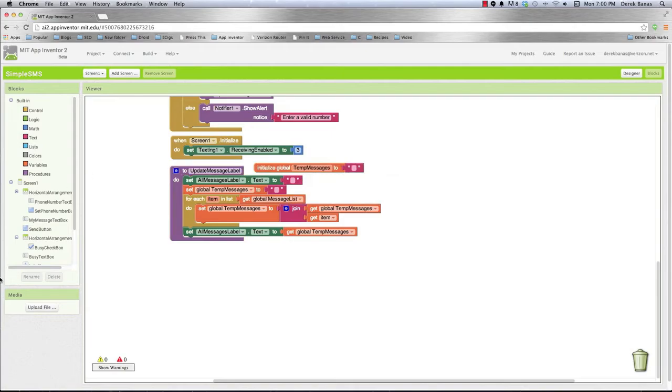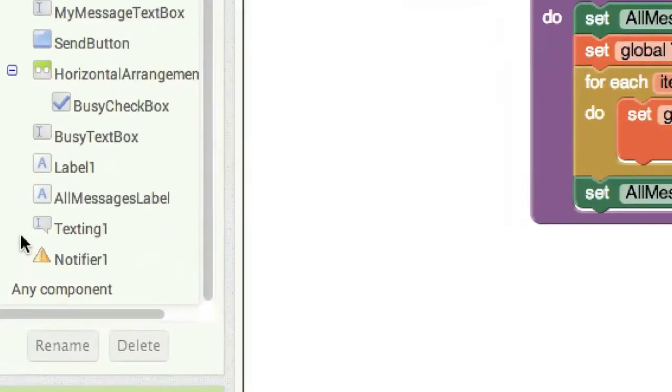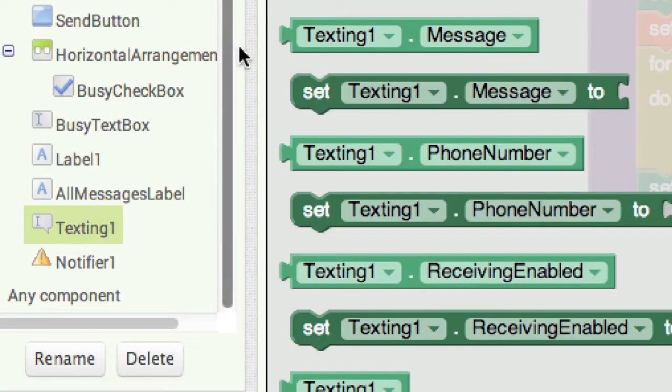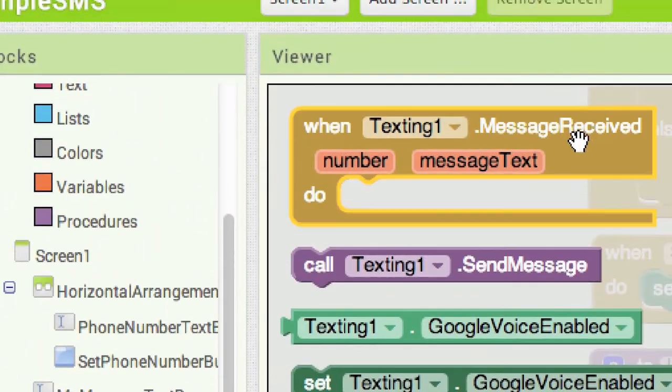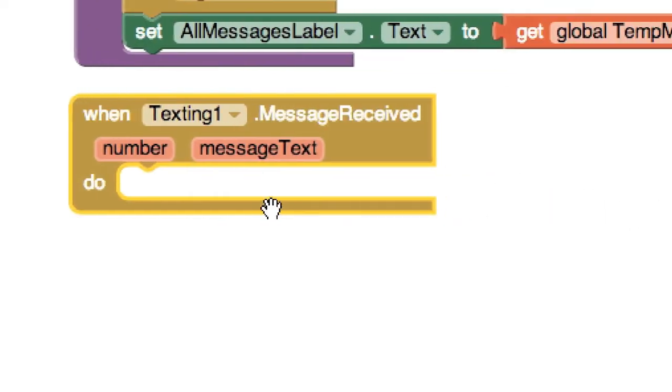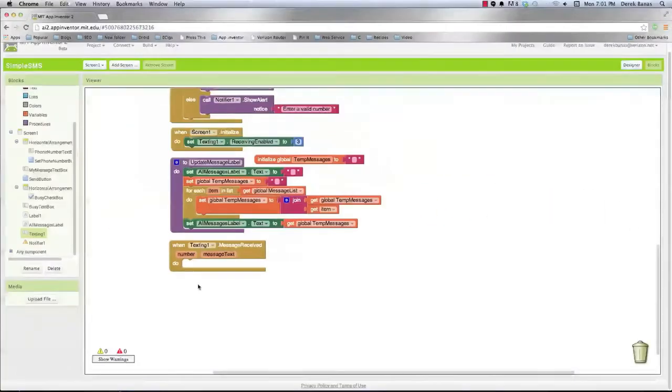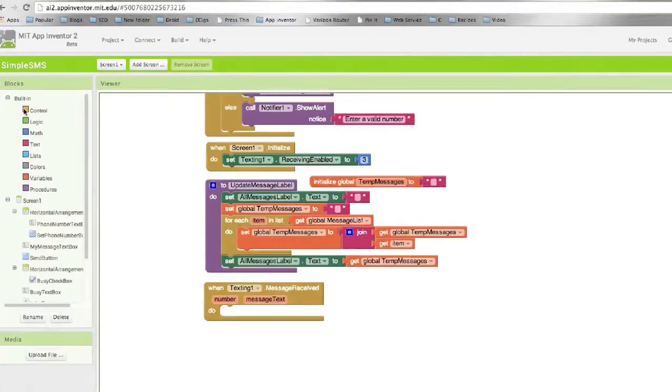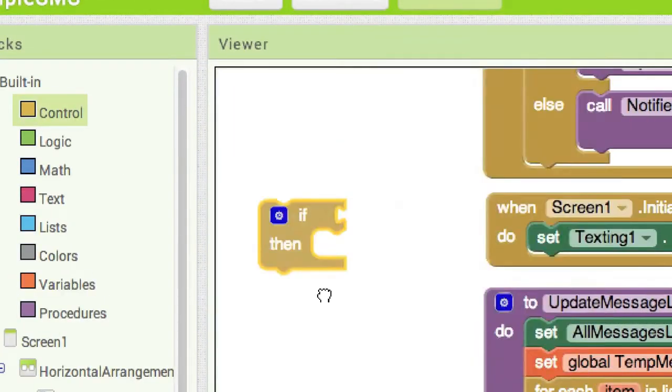Basically all of that is handled automatically for us with the texting component. They have a little method that's going to be called message received anytime a message is received. So that's going to be useful, and there's all kinds of other useful things here. So I'm going to want to do multiple things if multiple different things happen. So I'm going to go into control, if then,